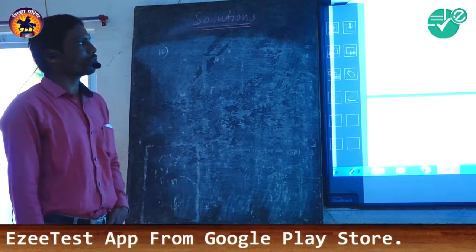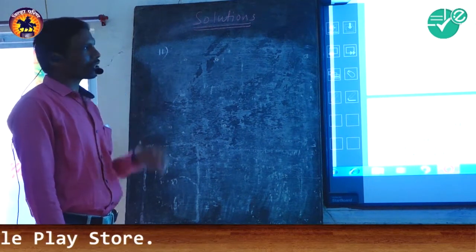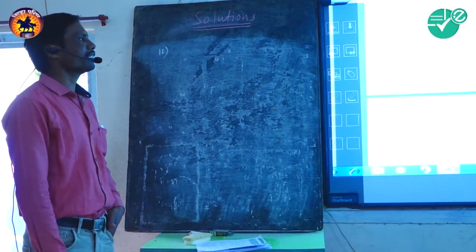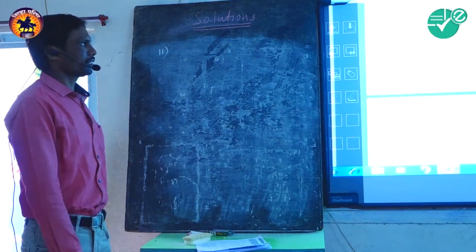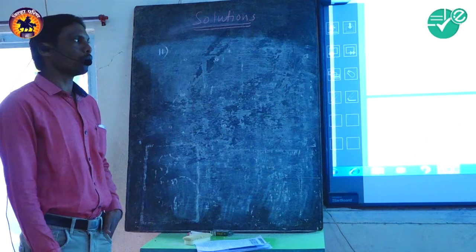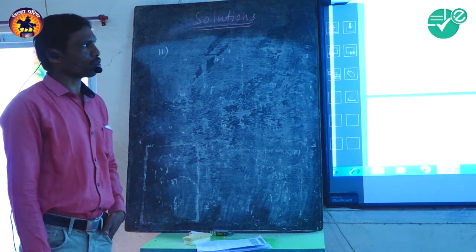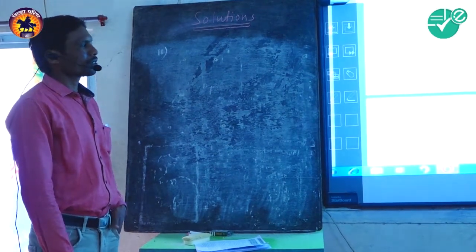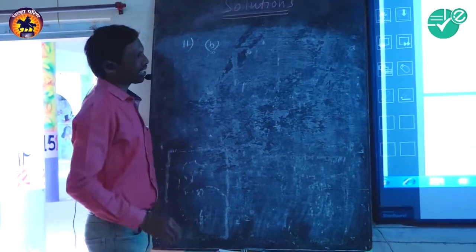The sum of masses of the two droplets is equal to the original mass of the drop. So obviously, according to the law of conservation of mass, the second option is correct. But read the third option: the sum of the radii of the two droplets is equal to the radius of the original drop. It is wrong. The sum of the surface areas of the two droplets is equal to the surface area of the original drop. So it is also wrong. It means option B is correct.